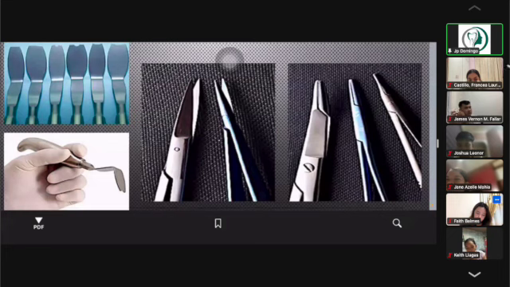Okay. This one is the leftmost. These are Rubenstein retractors, which are flat, right? With a handle. And then, look now at these iris scissors. Okay? This is a standard iris scissors, on the left side. And the one on the right is the microsurgical scissors. And the other photo here,